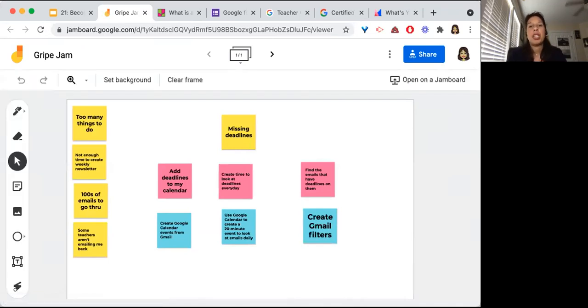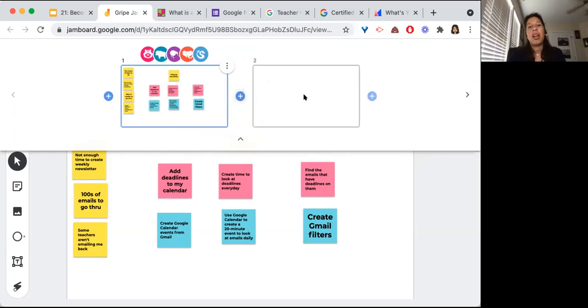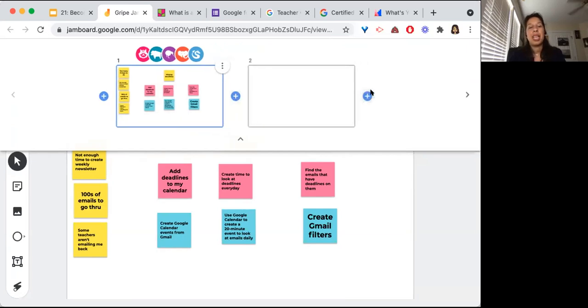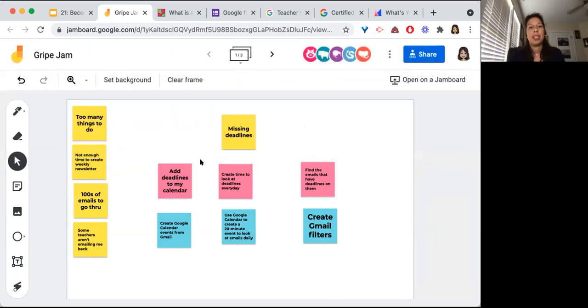So if you've never used Jamboard before, how Jamboard works, and I see that we have some anonymous animals joining, excellent. How Jamboard works is that you can add boards. So over here, if I click on the drop down, then I can add a board here, add a frame here. So when you join, you'll want to add a frame. And I've used the first frame as a template.